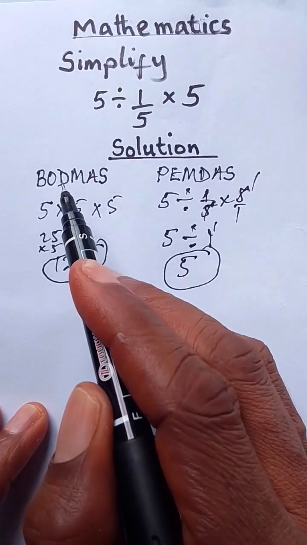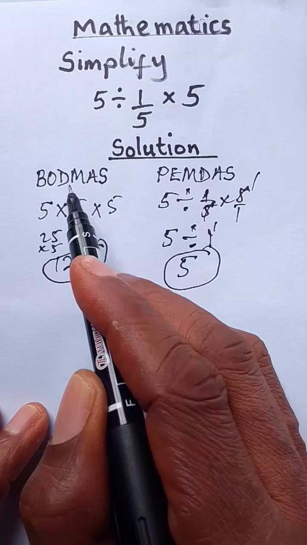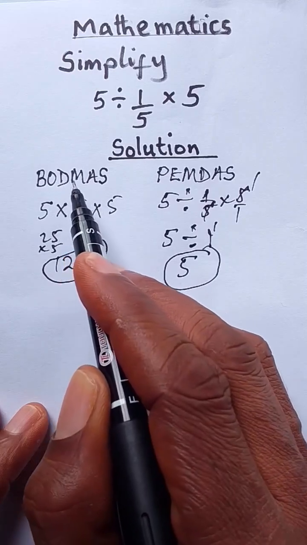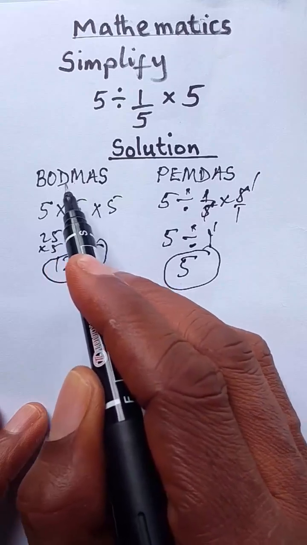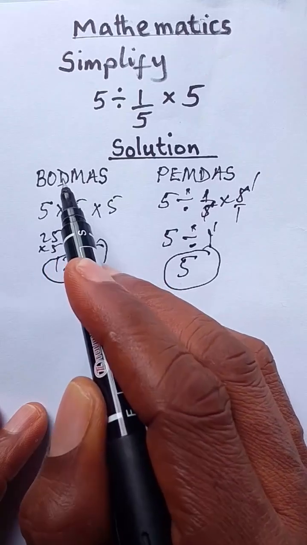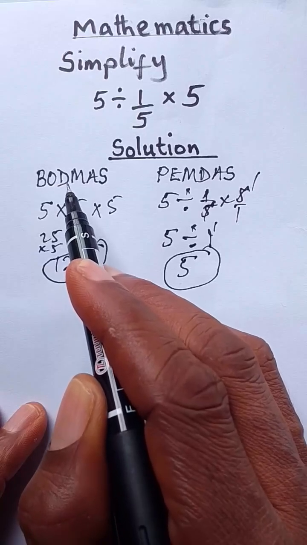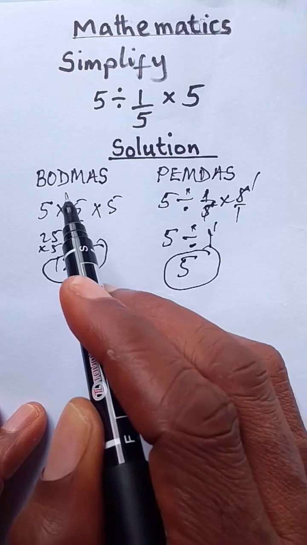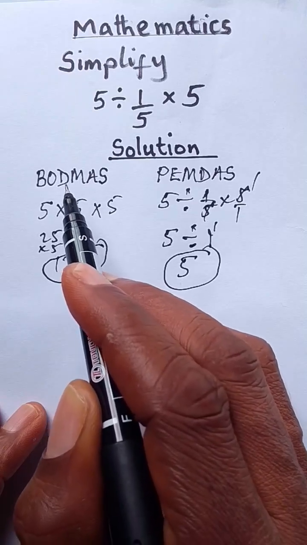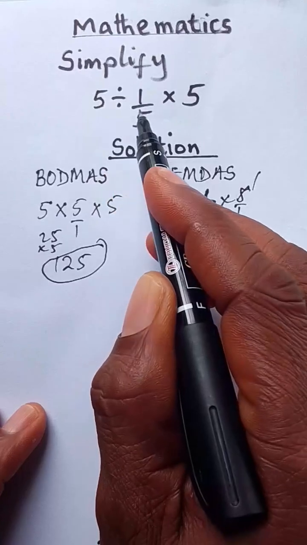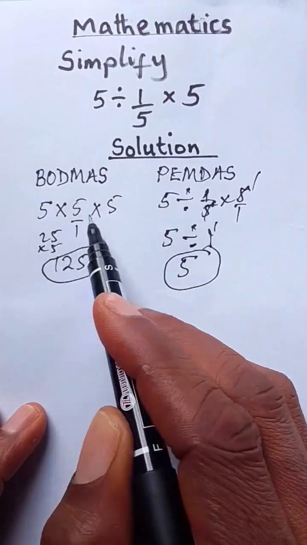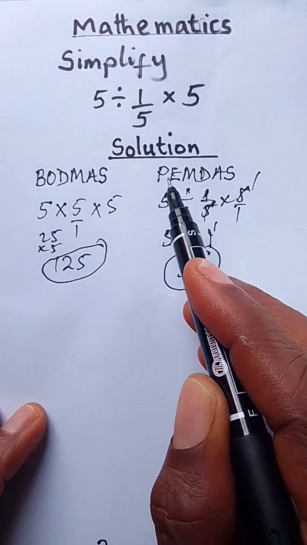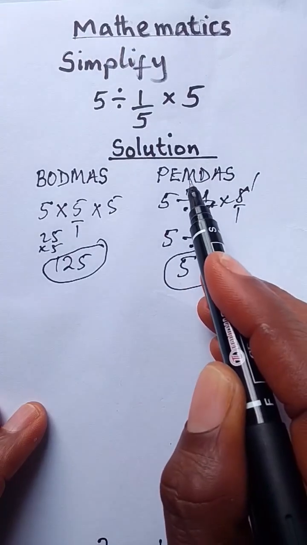You are not bound to strictly follow this order of division and multiplication. Likewise, addition and subtraction. Division and multiplication are of the same priority. They are of the same significance. So, what you should do is that as we saw from left to right, the operation that comes first should be attended to. Just like this, our division comes first, so we must solve for the division first, just as we did it here. That means that if we are to apply the PEMDAS, we don't go for the multiplication